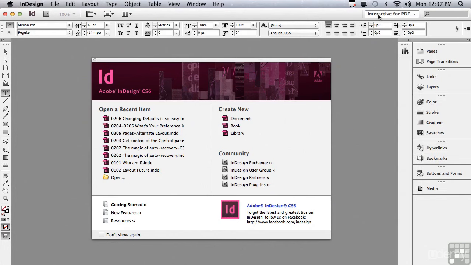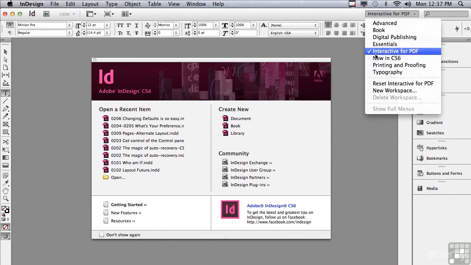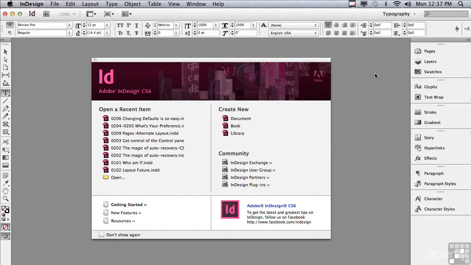But if I wanted to create a print workspace for the way that I worked on print, I probably would start with typography. A lot of what happens in print has to do with typography, so that's a good place to start. To start creating my own custom workspace for print, I'm going to add in the panels that aren't